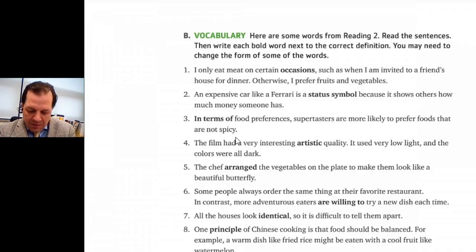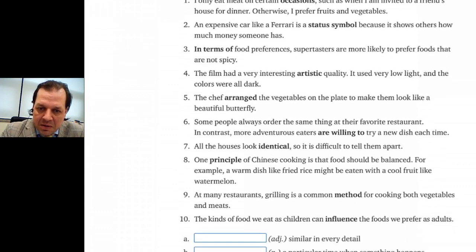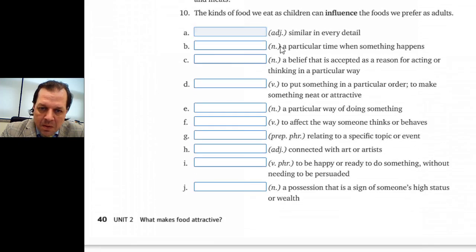Anyway, after you've read it, you can go through the vocabulary section, read the sentences, and write each bold word next to its correct definition. You may need to change the form of some of these words, so there might be a different tense that you need to think about. Alright, right there in those boxes. Page 41